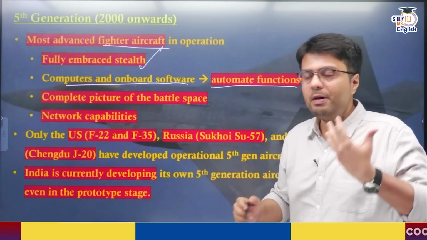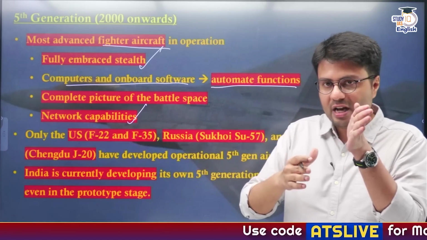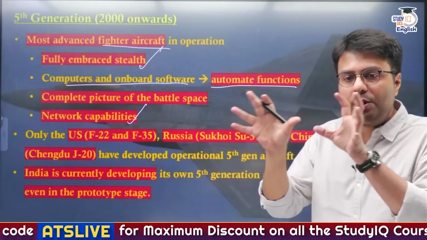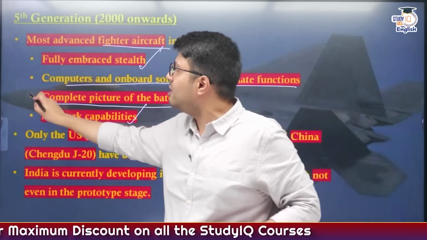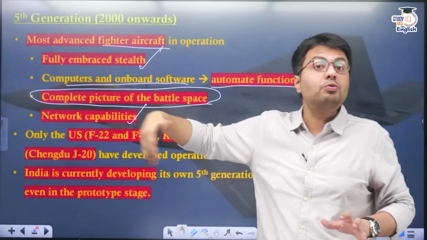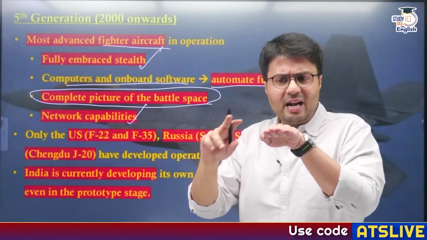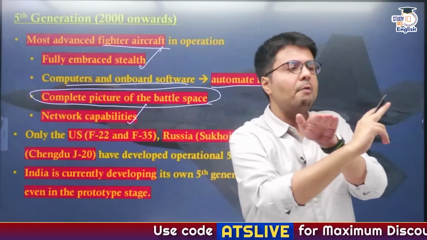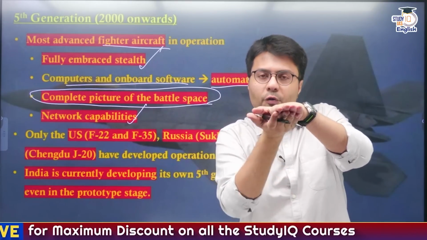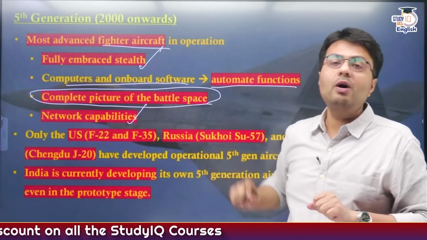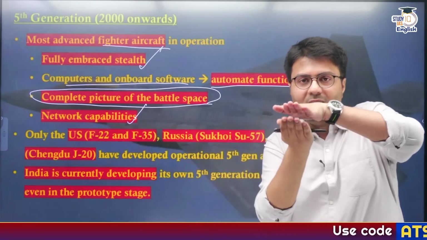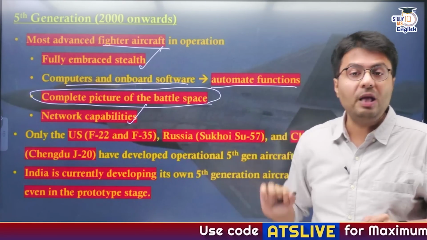Also, they have a capability to network. That means a fifth generation aircraft can literally talk to another fifth generation aircraft, which makes them much more potent weapons. And that is why it helps these fifth generation aircraft to get a complete picture of the battle space, which the earlier generation of aircraft were not able to have. Because you understand, every aircraft has a radar, and that radar has the capability to scan everything in 360 degrees. But sometimes the aircraft don't have the ability to find what is below them. And that is where the network capabilities, that is the ability to talk with another aircraft in terms of computers, lend them the capability to have a complete picture of the battle space.